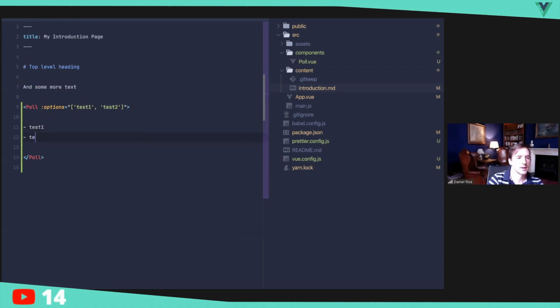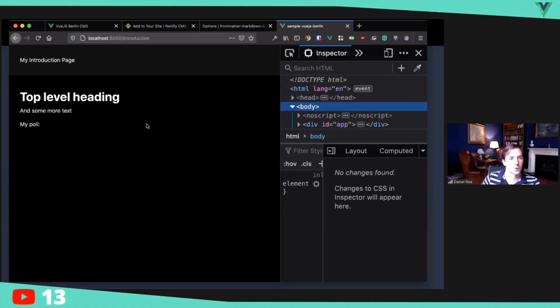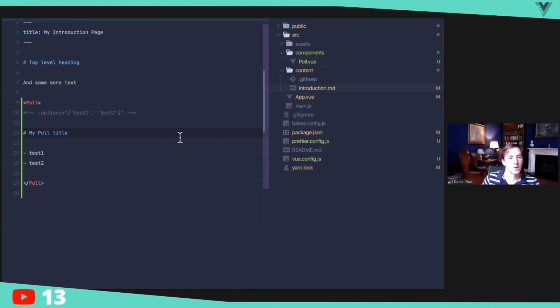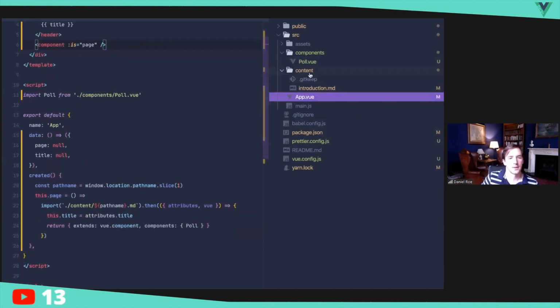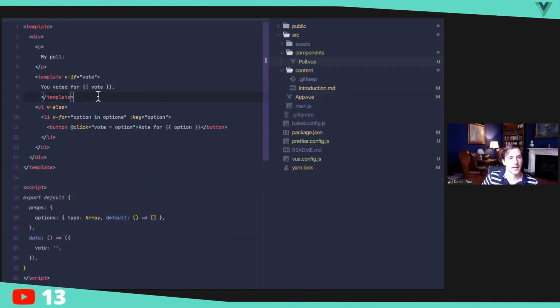Test 1, test 2. And if you're editing that in Markdown in the CMS, that will render as a list. We might even want to have a title for it. So my poll title. And that's, of course, going to do nothing for us at the moment. So how do we make this interactive? And of course, the answer is we can inspect and act based on the,